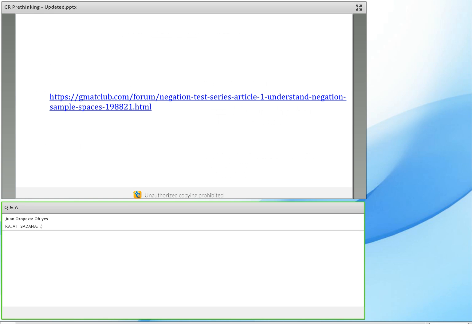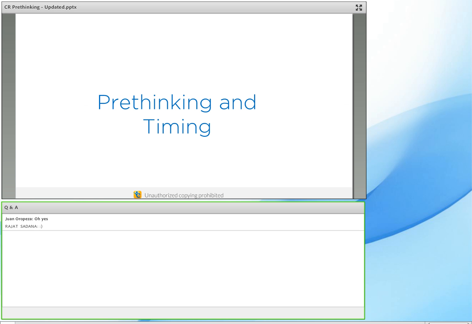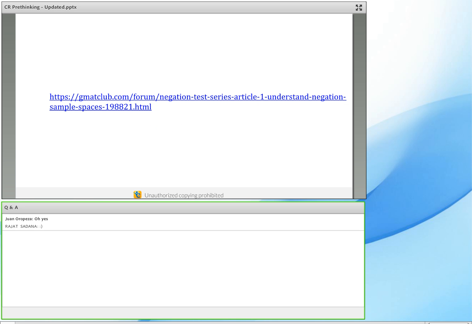So I'm going to leave this. I'm going to give you the PDF. But then I saw some requests for, hey, how do you go about doing the negation test? Komal, if you can share the link to this article in the Q&A pod, that would be great. If you can get that from the PDF or from the web.